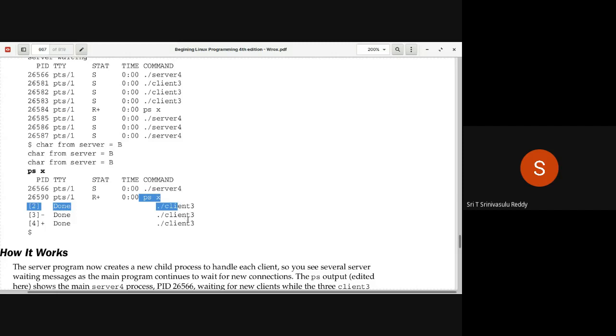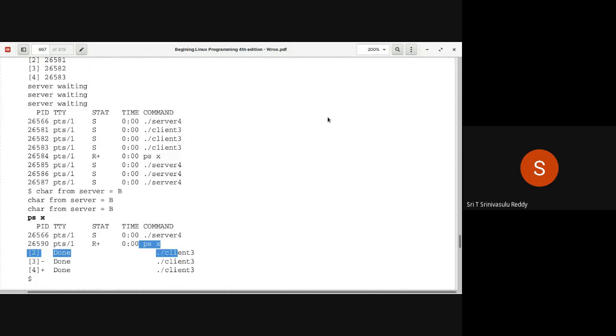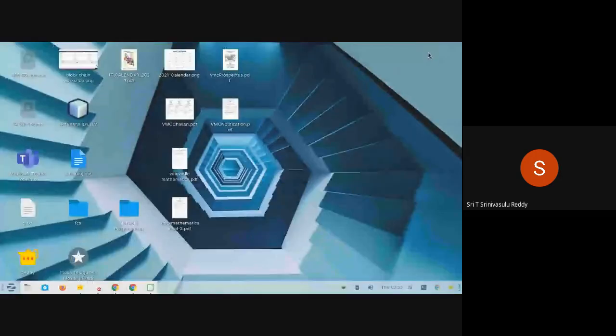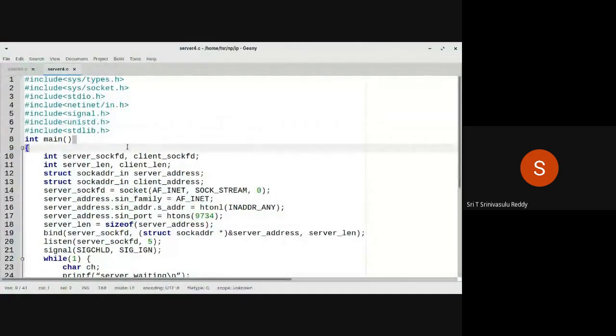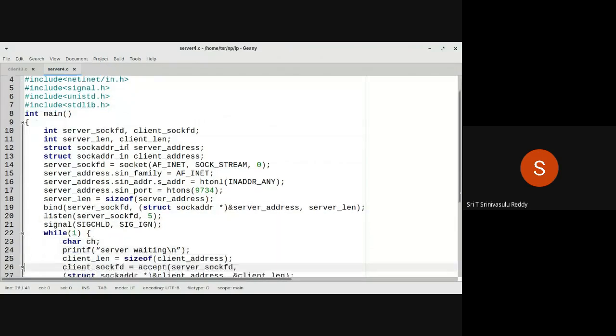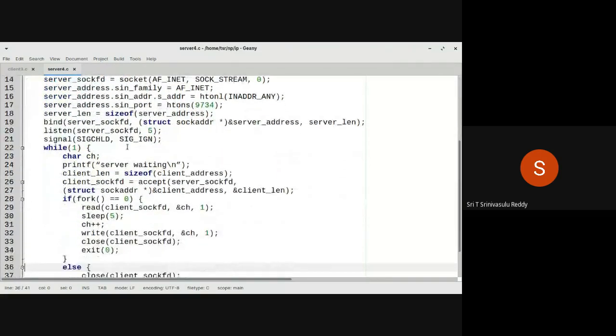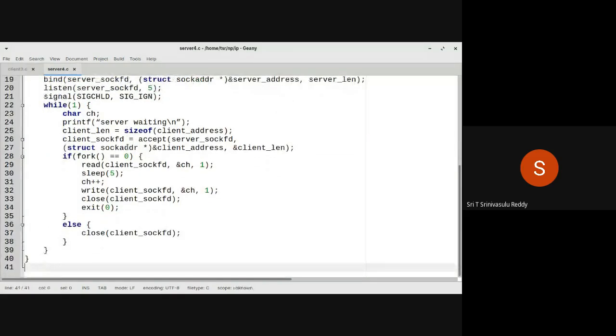These 3 programs are done after some time. So this is as simple as that. Now we can take a look into the same thing here as a part of it. See here, if fork equal to 0, read from the client, sleep for 5 seconds, increase that, and so on. It is a very simple program.